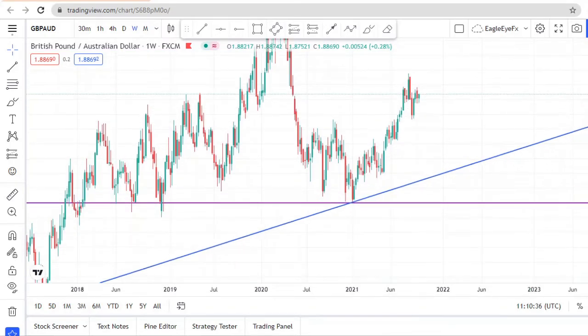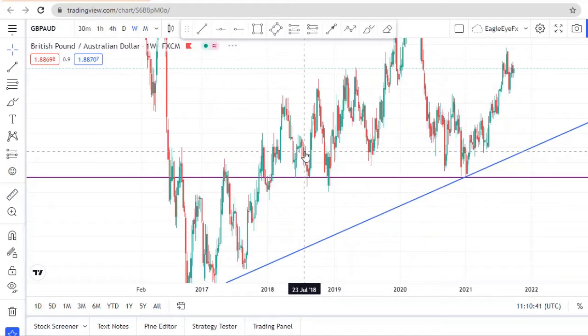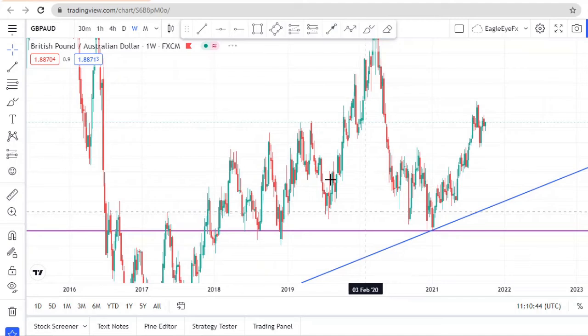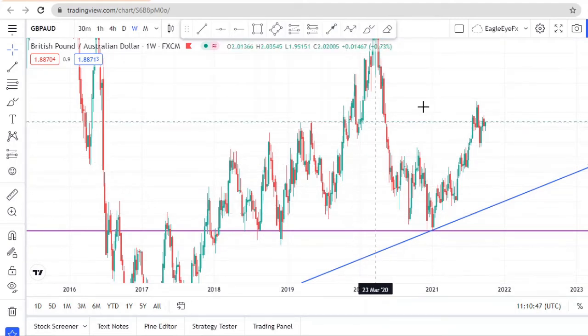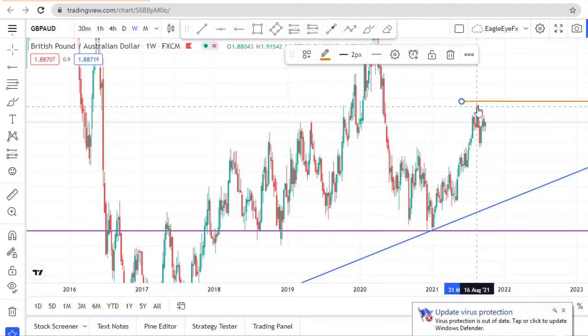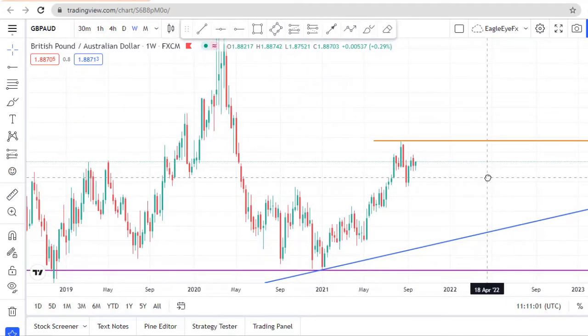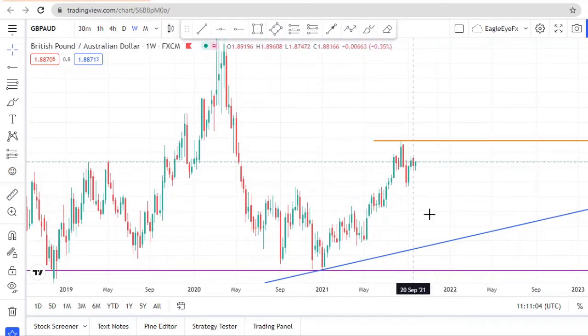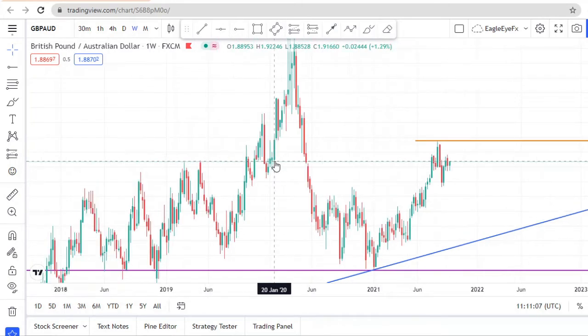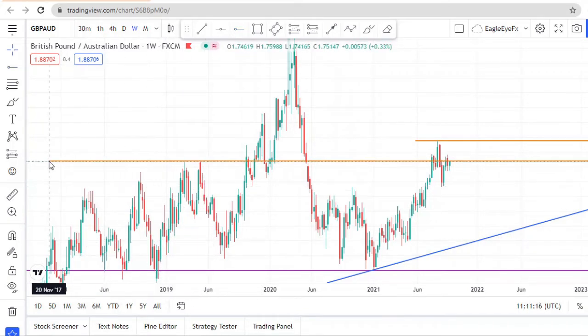So on the weekly time frame, let me zoom this in a bit, so you can see some level here. Okay, let me just mark this as the highest it came. That was on 16th August 2021. All right, fantastic. So that's where it came all the way to that level over there, and now it's trying to come down over there. Then also there's some level here. I don't know if I can mark it. There's a very strong level, because you see that the market came here,